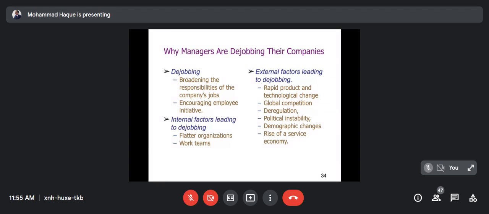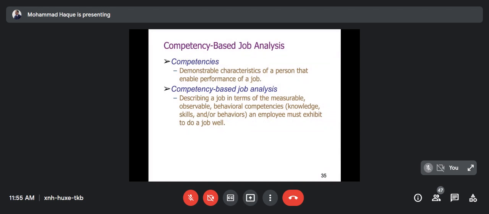Now, what we find is that there can be competency-based job analysis as well. Competency-based job analysis will be demonstrable characteristics of a person that enable performance for a job. Today, once we are talking about quality management, right? Total quality management that we talk about, or we talk about Six Sigma, or we talk about Kaizen as a principle. So quality requires that we must have those competencies as demonstrable characteristics of the person. And therefore, in HR, when you see that any organization has got a quality certification, have you heard of